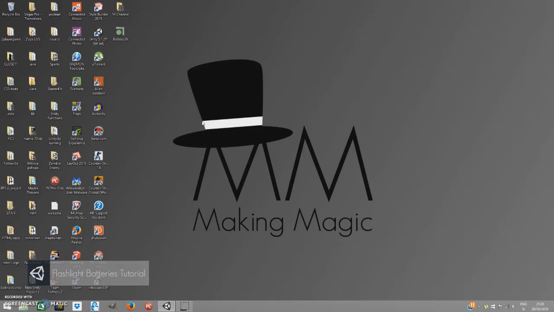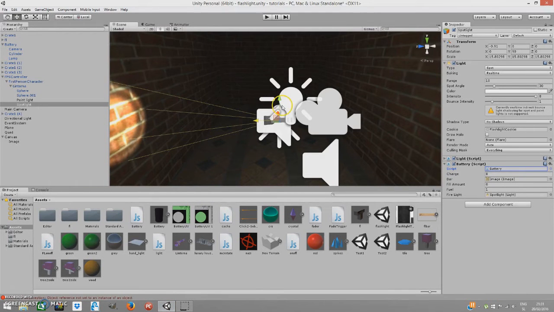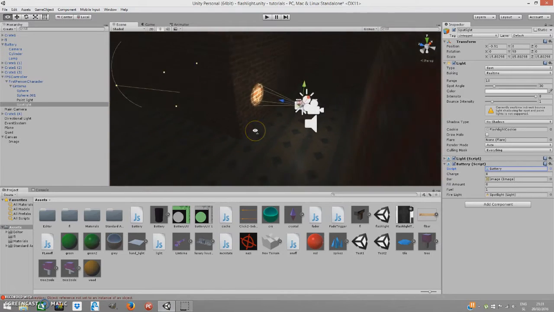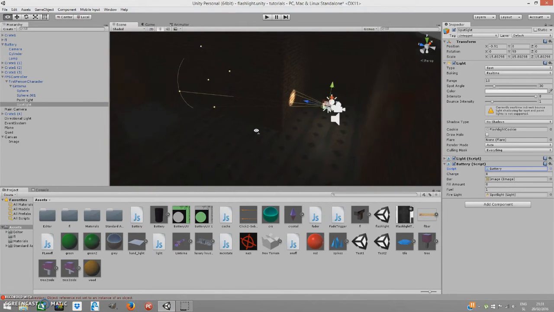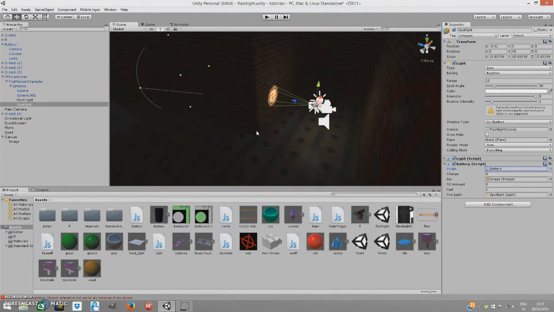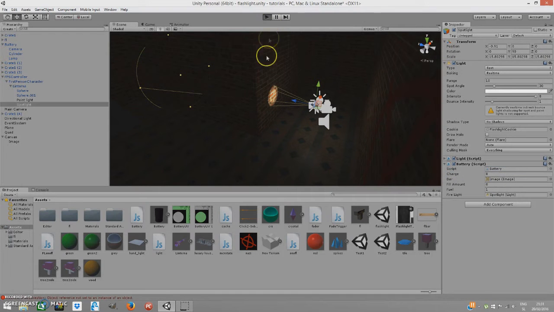And today we'll be creating battery pickups for our flashlight. So yeah, don't waste any time and just get right into it. Let's open up Unity, and this is our current scene now. But I created a battery Raycast pickup script, and I wanted to show it to you now how it will